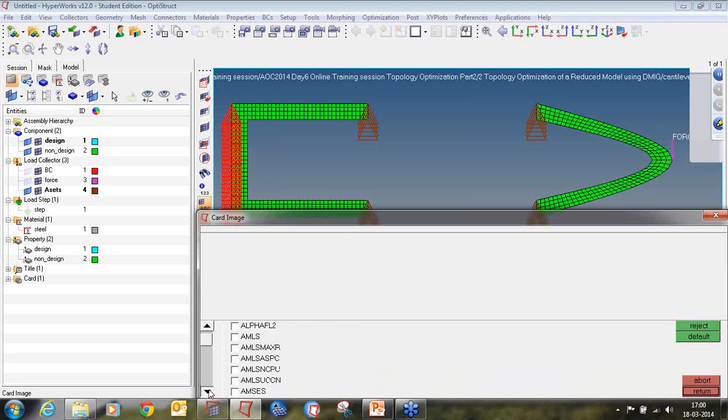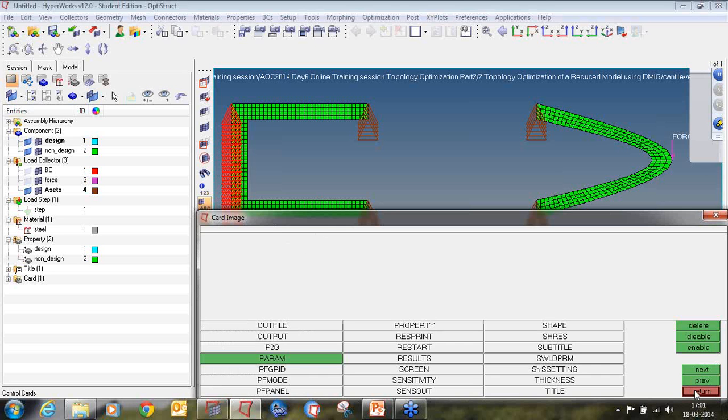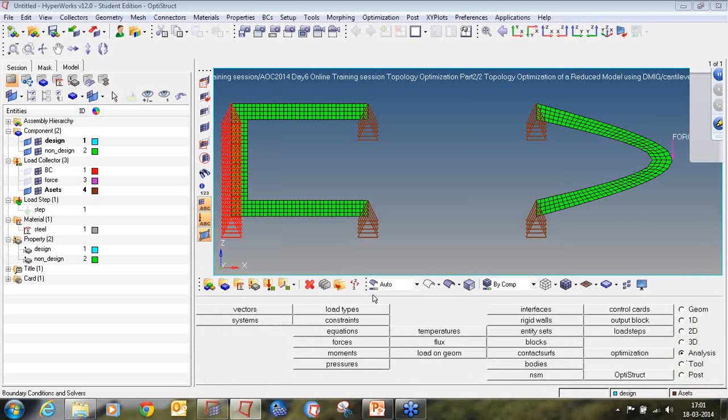We will check the box in front of XOUT. It's in alphabetical order, so you can scroll down and select XOUT. And select DMIG PCH from the options available. There are two options available, DMIG BIN and DMIG PCH. We want a .pch file of the super elements, so that's why we are selecting DMIG PCH. Then click return. Again click return to go back to the main menu.